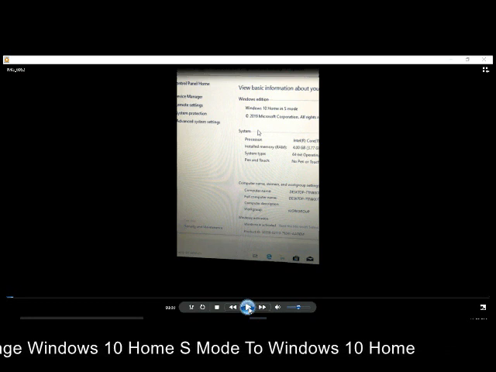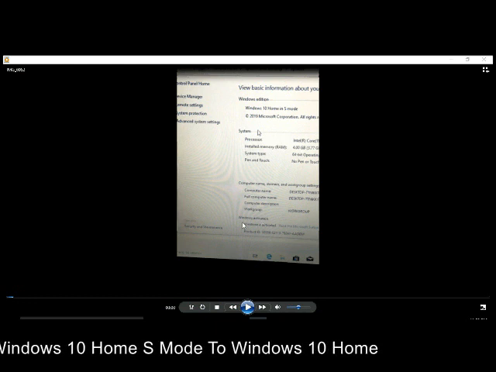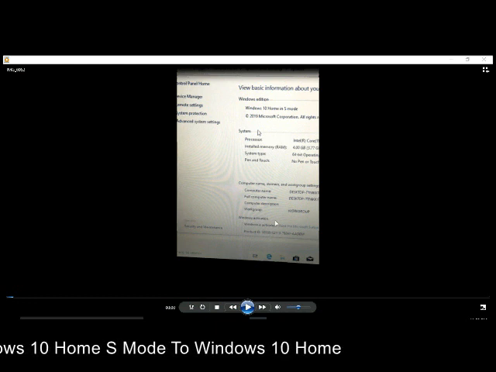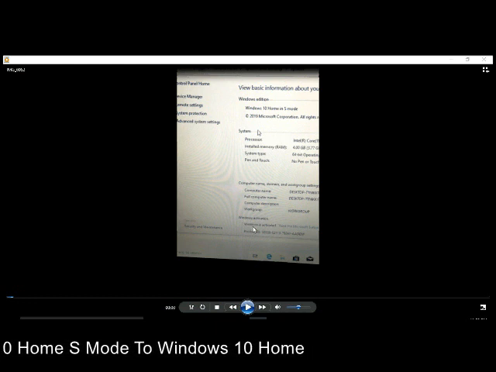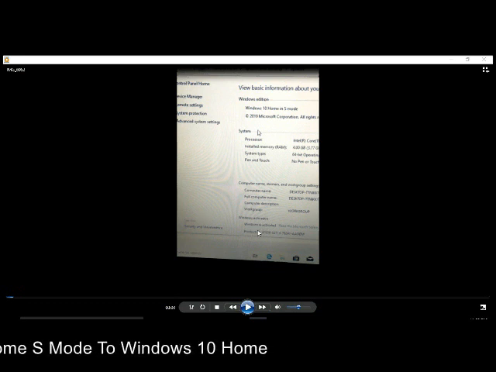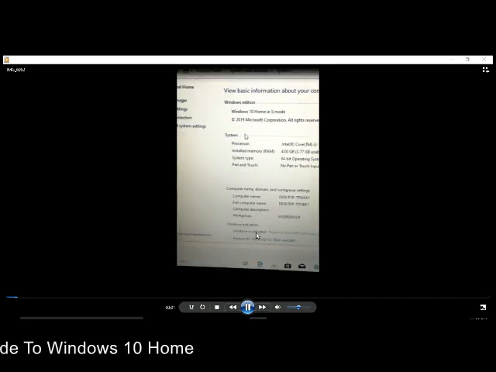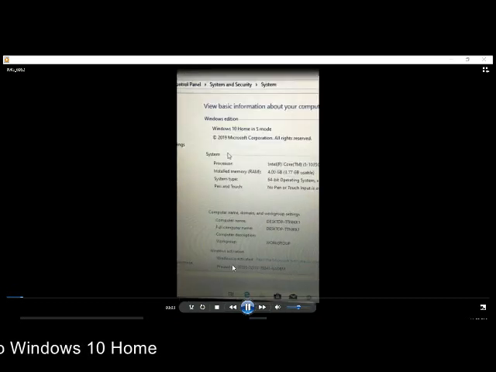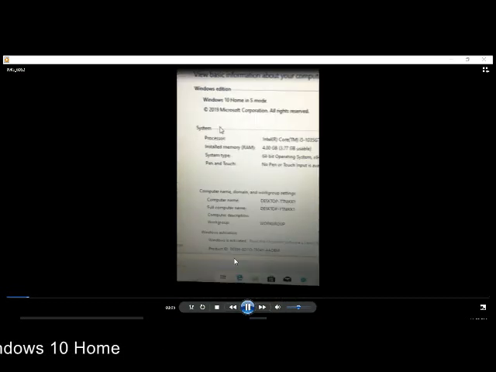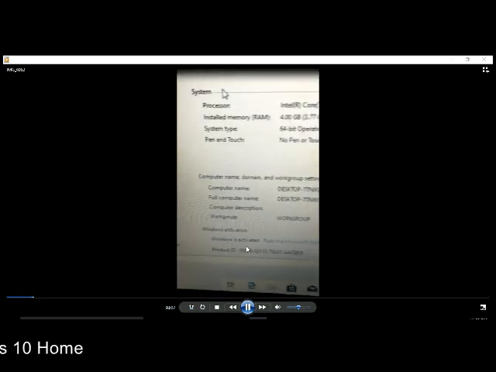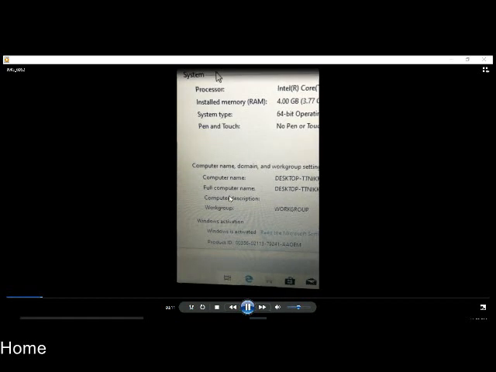Here on my laptop, Windows is already activated, but maybe in your laptop it's not activated. In that case, you can just click on the red activation text, and Microsoft will automatically update for you. Now, here on the